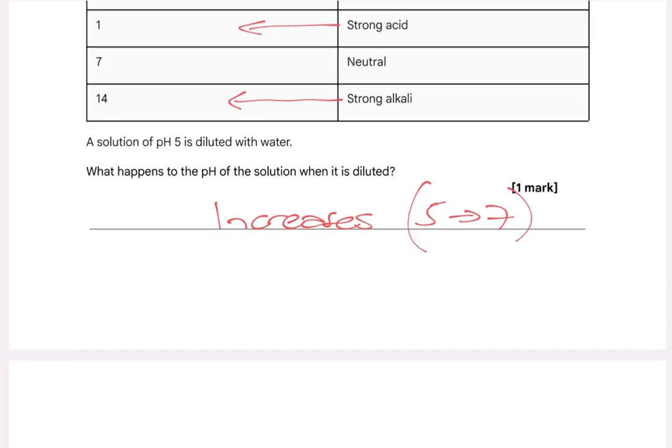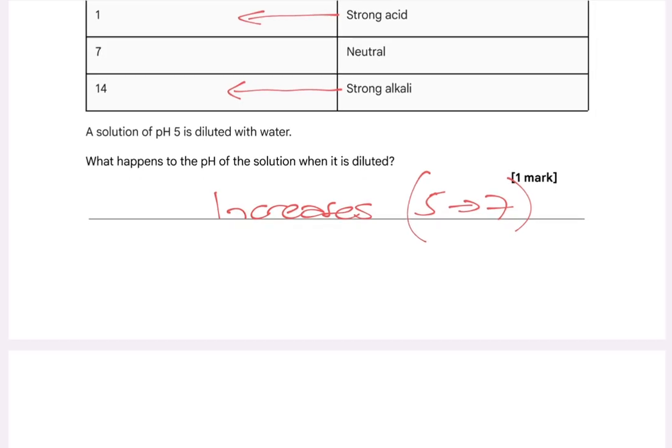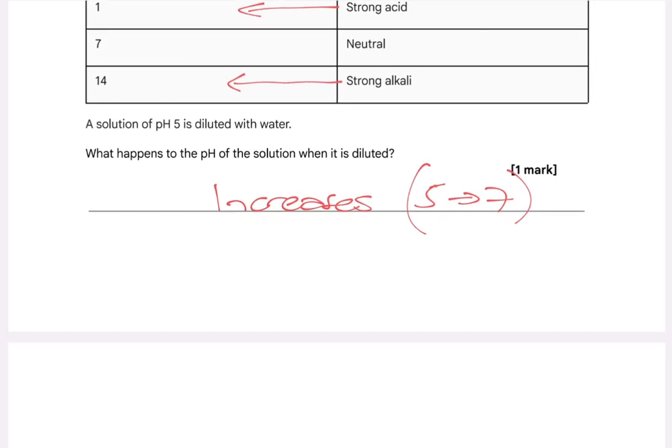It won't send it above 7, it won't magically turn it into an alkali, but it will make the pH rise. Likewise, if we were to concentrate that solution down, that would go down the other way. Remembering for those on questions where numerical values are often given, if we change the concentration by a factor of 10, that usually changes